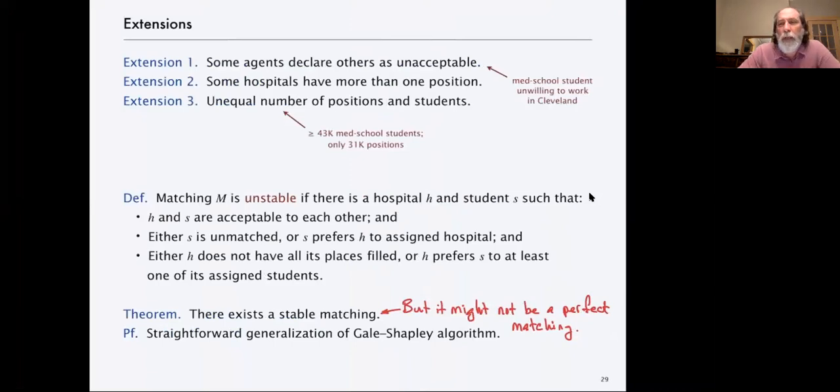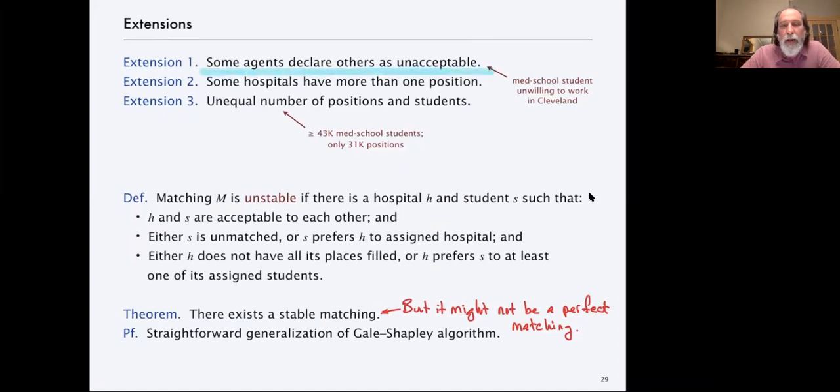So it's easy to think up lots of variants and exceptions and extensions to this problem. In fact, there's a literature on generalizations and variations of stable matching that continues to grow today, even though this problem and this algorithm are very, very old. People continue to study variations. So let's just consider some very elementary ones. Suppose